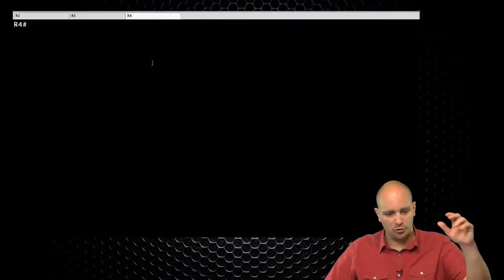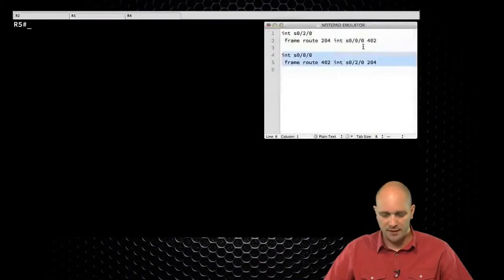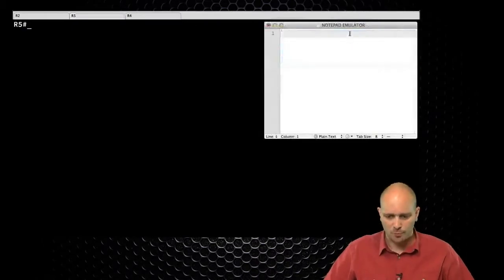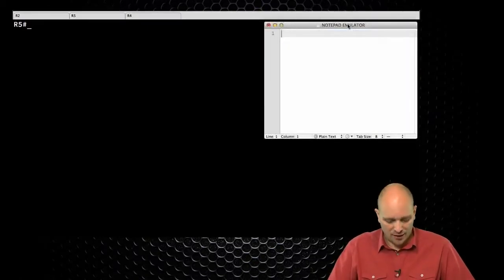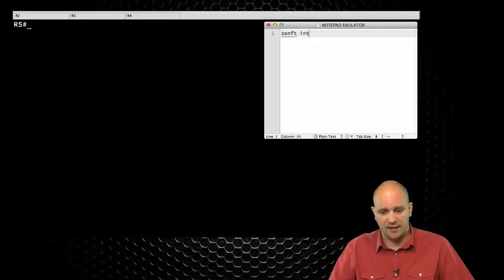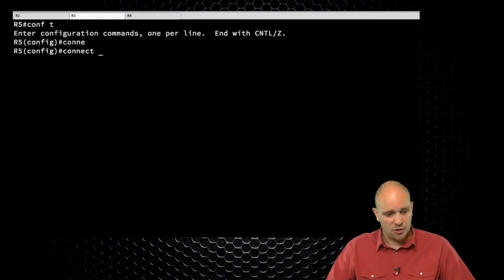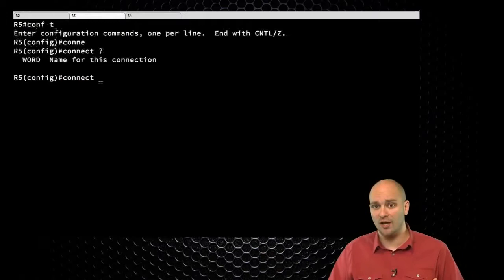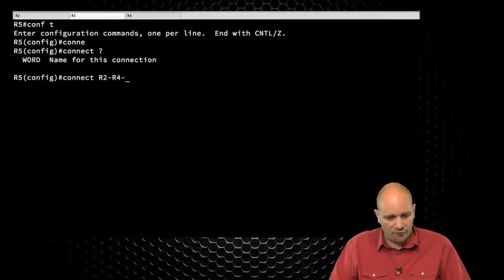So let me go to the terminal, and I'm going to go to R5 here, and I will need my notepad as well. Now, for this new way of configuring Frame Relay connections, instead of starting in interface configuration mode, you basically start in global configuration mode, and all you have to do is simply say connect. And actually, let me do it in the terminal so that I can show you with the question mark. So you simply say connect, and the first thing that you need to enter here is the name of the connection. This can be anything, but I'm going to call it